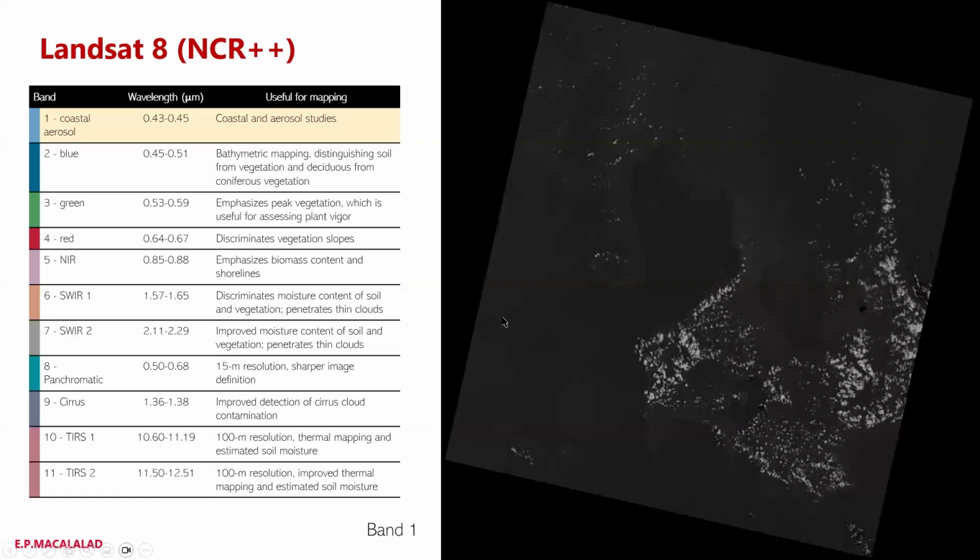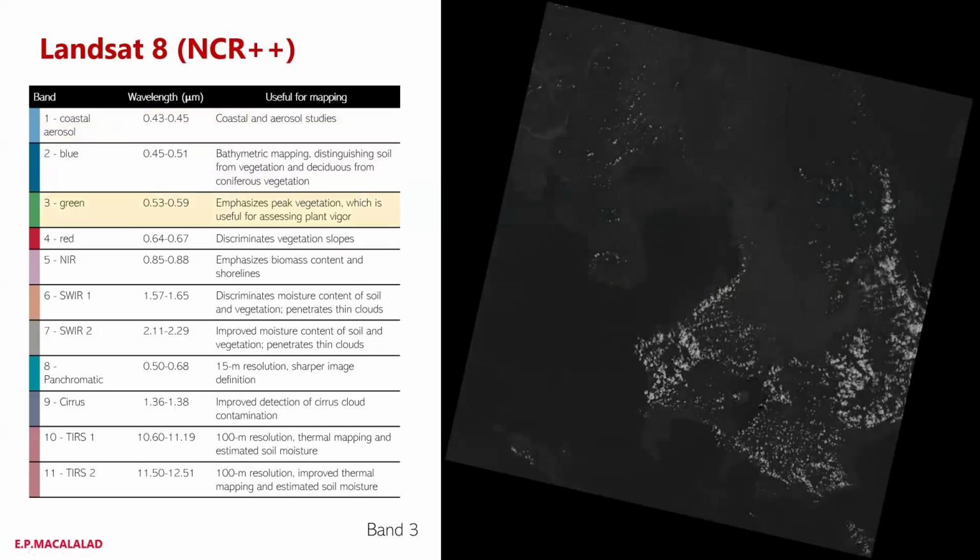If we're going to look at the bands, this is for band 1. So this is what a band looks like, band 1. Okay, band 1. This is band 2. You can see the difference. So not much difference. If you can adjust your screen brightness, you can see a little bit clearer the difference between band 1 and band 2. But we expect that there's not much difference because they have very similar wavelengths.